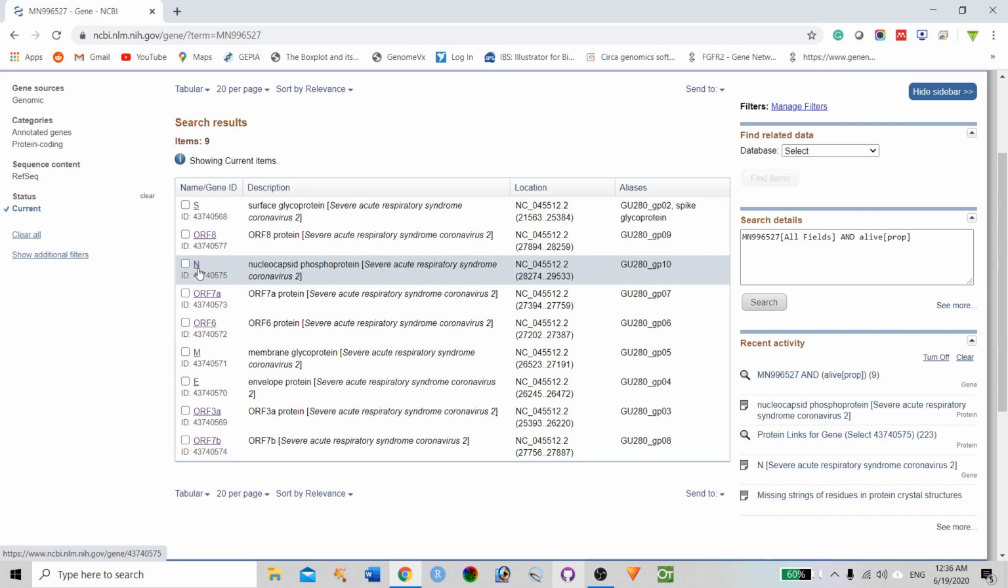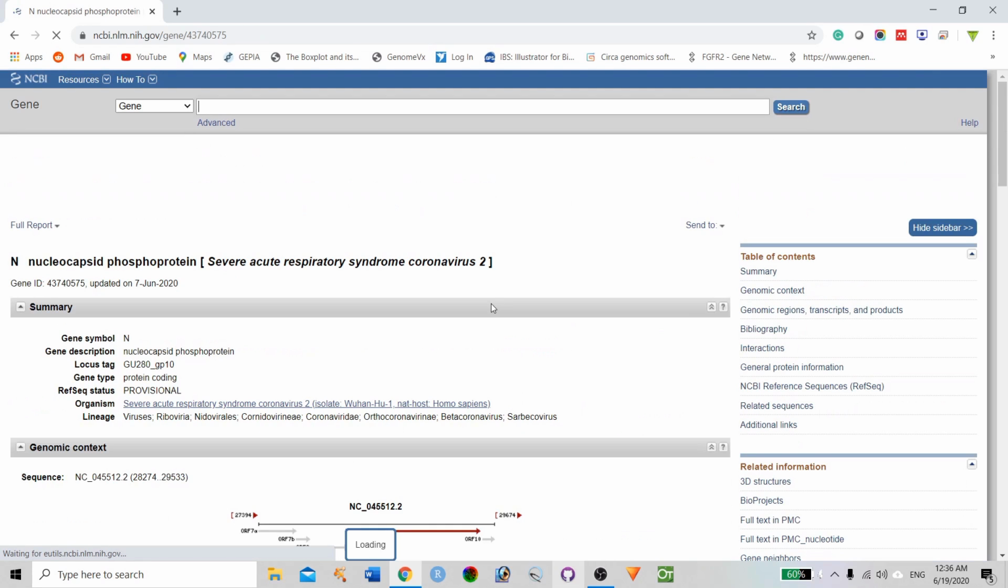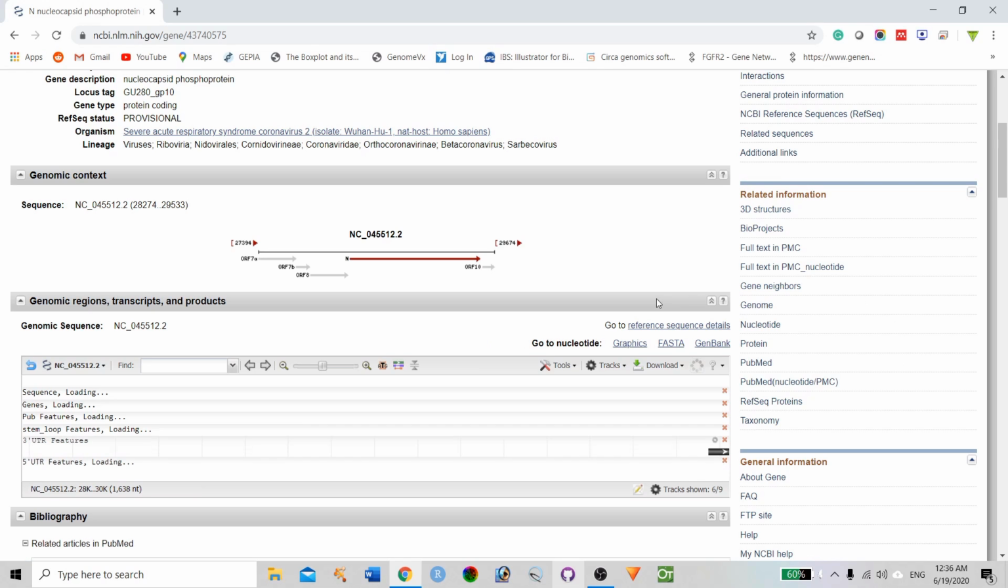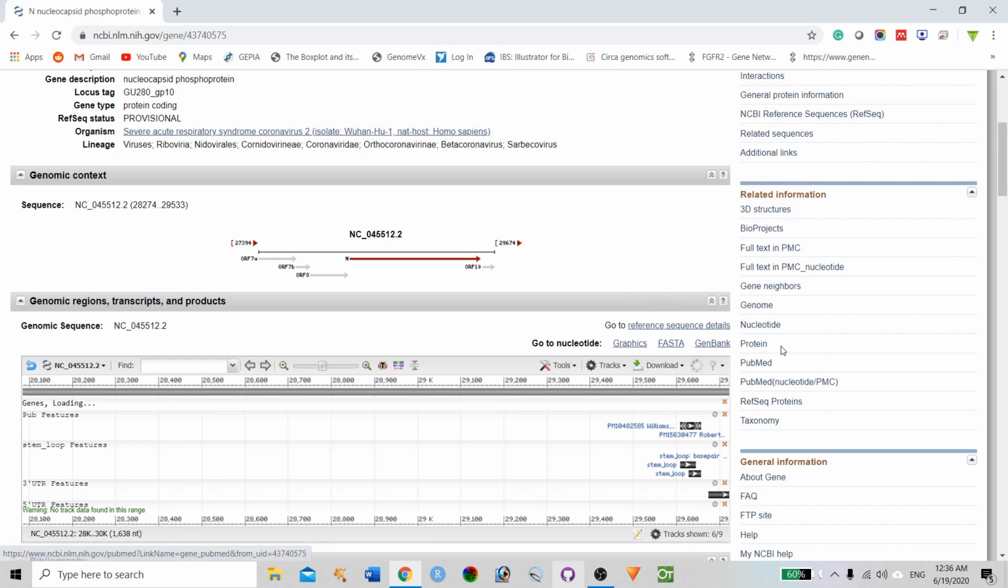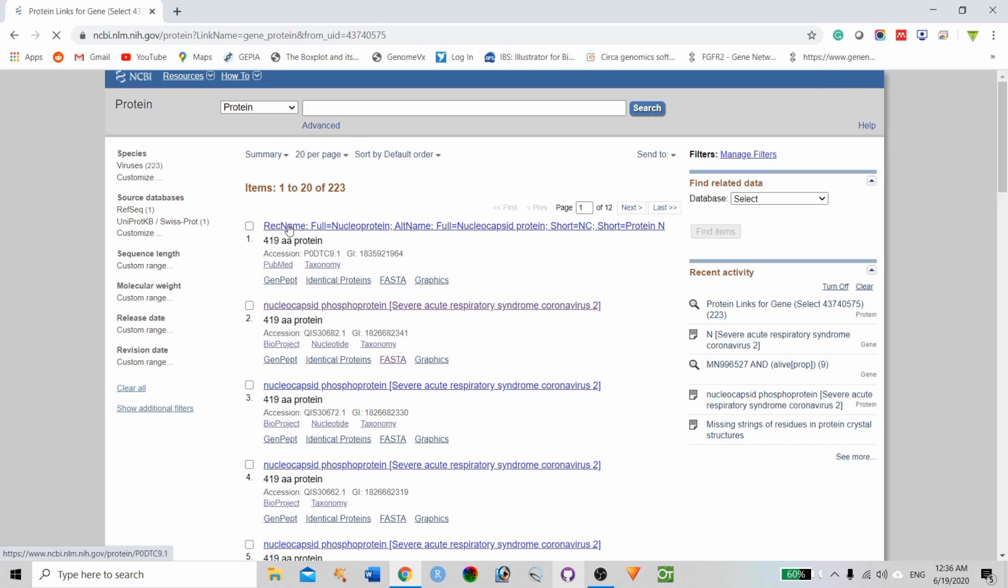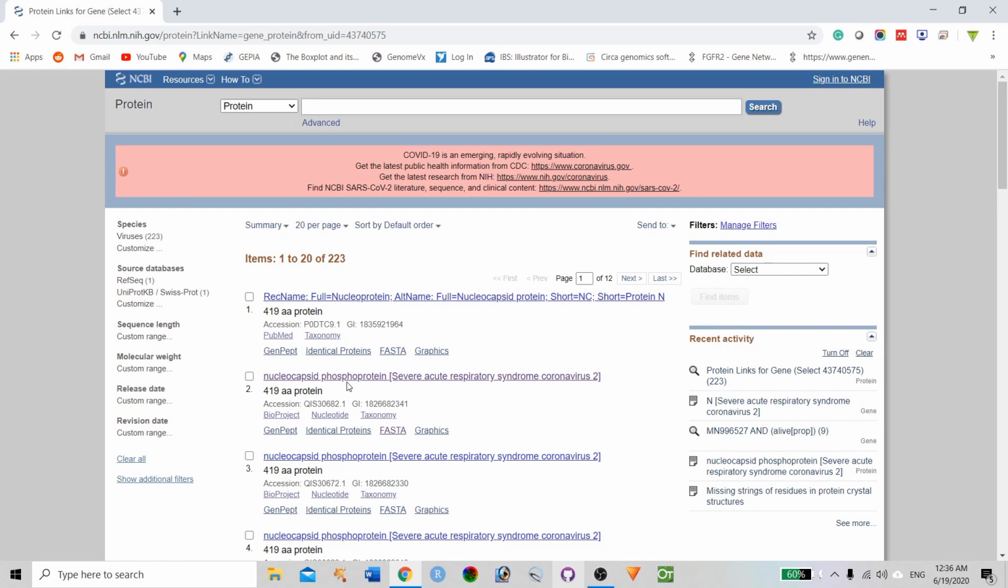This is the protein I want, the COVID nucleocapsid phosphoprotein. I'm clicking this one. Here in the right side panel you will see the option called Protein. If you want a nucleic acid sequence, you have to click the FASTA here. Now we need a protein sequence, so click on Protein. Here you need to get the full form, not the isoform: nucleocapsid phosphoprotein, severe acute respiratory syndrome coronavirus 2. Click this one,